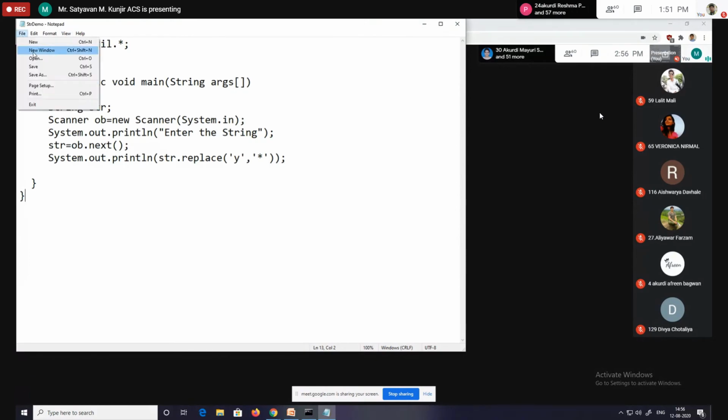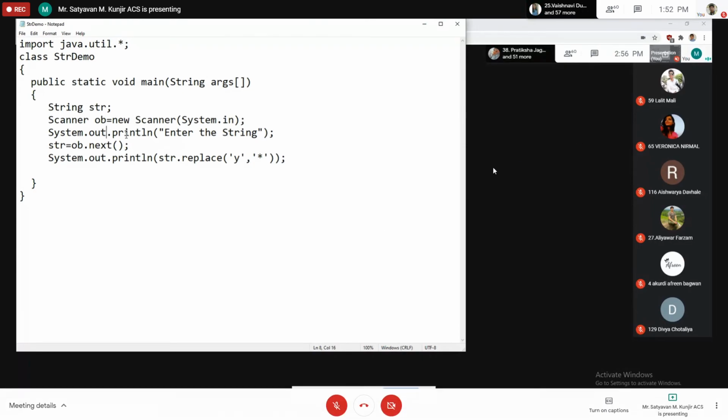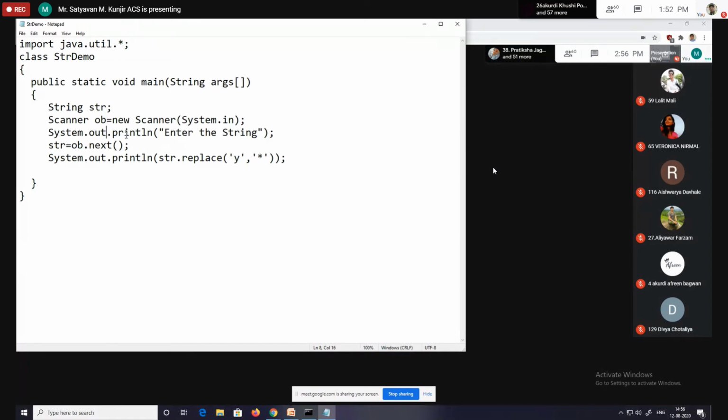Then take the next example. Write a Java program to accept a string from user and display the alternate characters from that string.